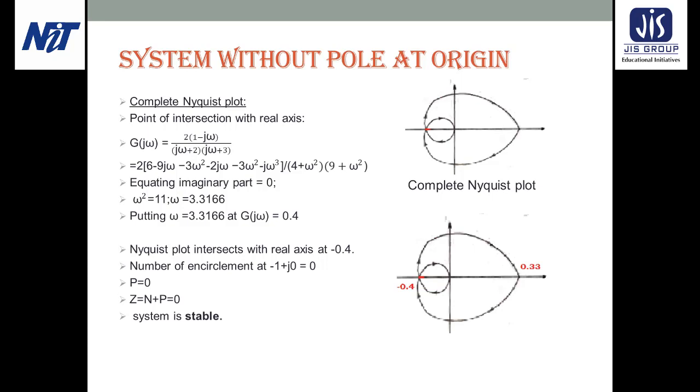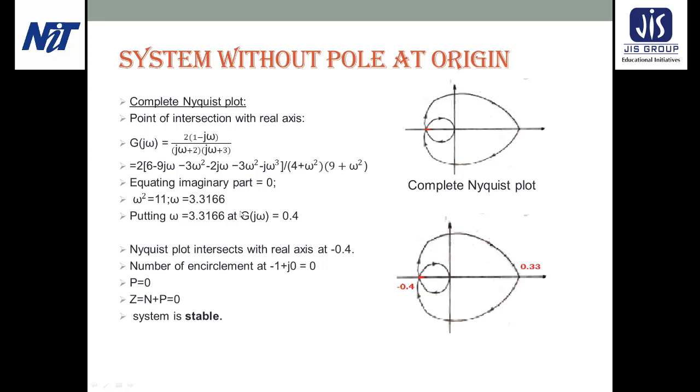And we know that any point lying on the real axis has an imaginary part equal to 0. So we will equate the imaginary part with 0. Here G(j omega) is written as real part plus imaginary part, and equating the imaginary part to 0, we find the value of omega, which is equal to